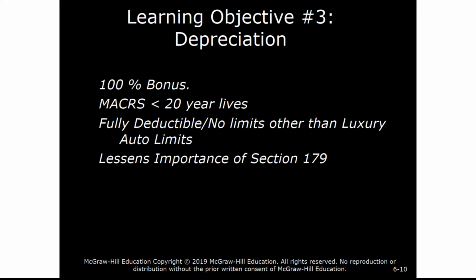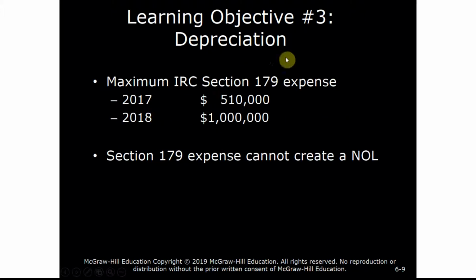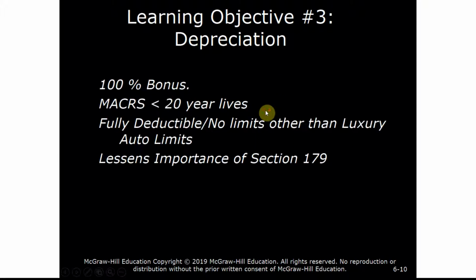Well, another change in the 2017 Tax Cuts and Jobs Act has been the increase of the 50% bonus to 100% bonus. So even subject to the 179 expense limitations, companies now can expense 100% using the 100% bonus. And that makes the Section 179 expensing far less important because of the limitations with Section 179.